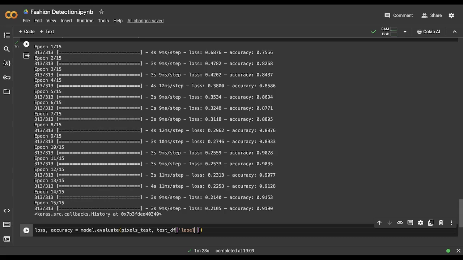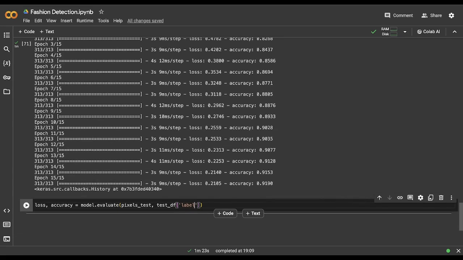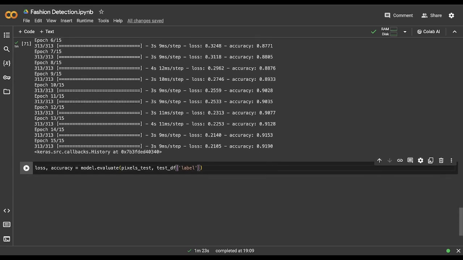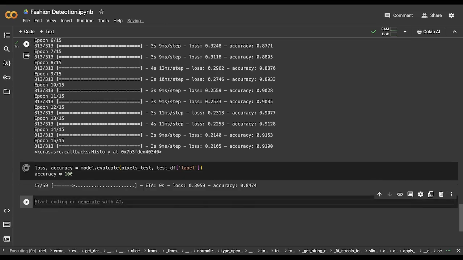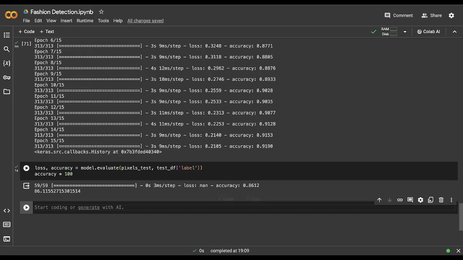Let us evaluate our model on the testing set as well to find whether our model is overfitting or underfitting or just accurate. Let's run this, and we'll also print our accuracy. If you want to display it in the format of percentage, we'll multiply it by 100. You can see on the testing set the accuracy is 86% and on the training set the accuracy is 91%. So the difference is just about 4-5%, which means the model is accurate. There's no overfitting or underfitting here.